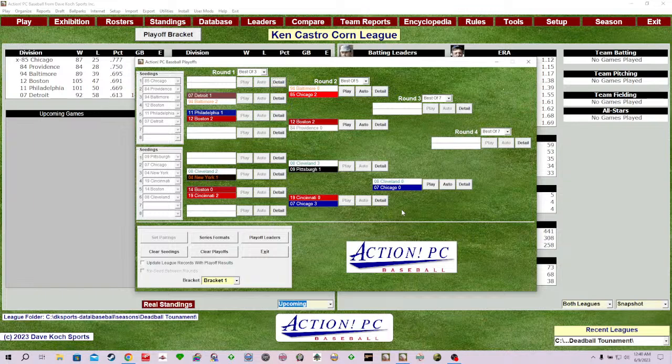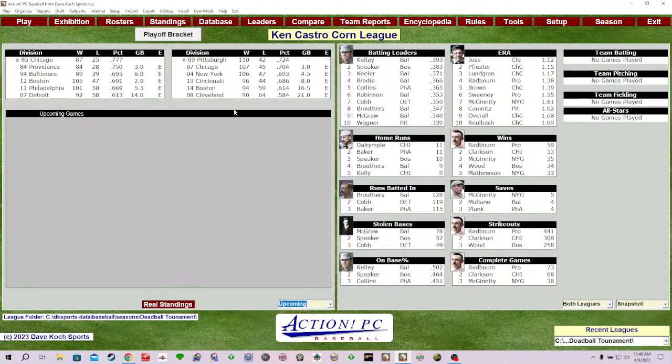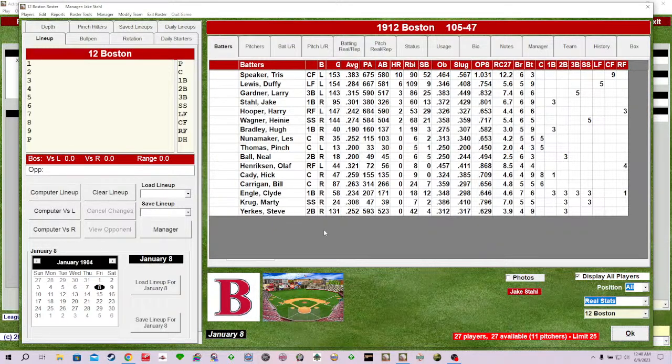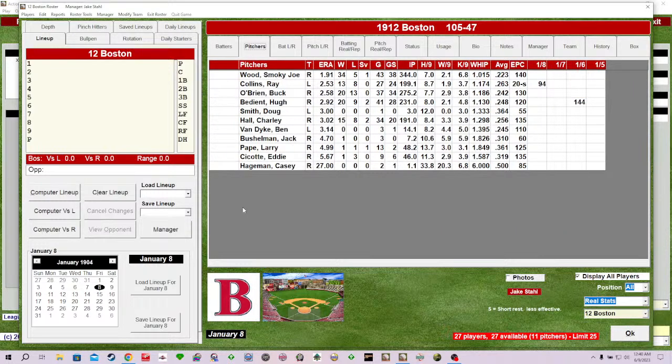And I mean, this 1912, we can look at a couple of the rosters just for a couple of minutes here. Almost clicked on the Boston Braves, who were knocked out quickly. I mean, you look at these 1912 Red Sox, and you've got some just superb players: Tris Speaker, Duffy Lewis, Larry Gardner, Jake Stahl, Harry Hooper. And then you have like Olaf Hendrickson, who's played a journeyman role in this, and to keep the Red Sox moving forward. Steve Yerkes is no slouch there at second. You look at pitching, you got Smokey Joe Wood. You're right. I mean, this is a very, very strong team.